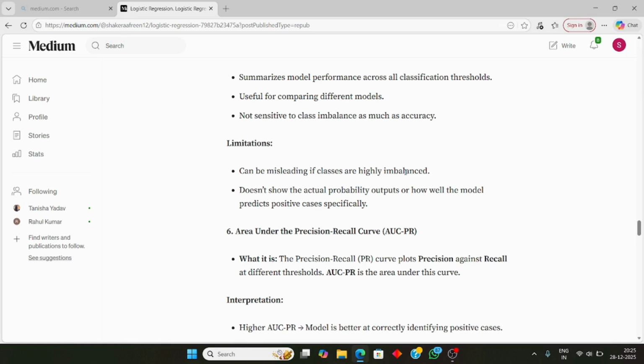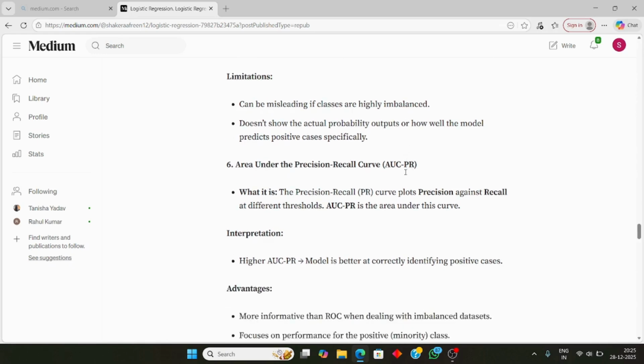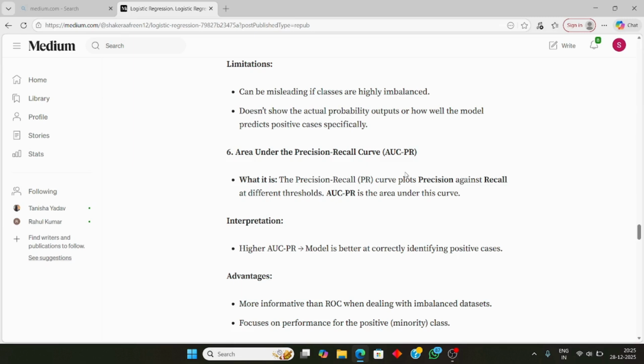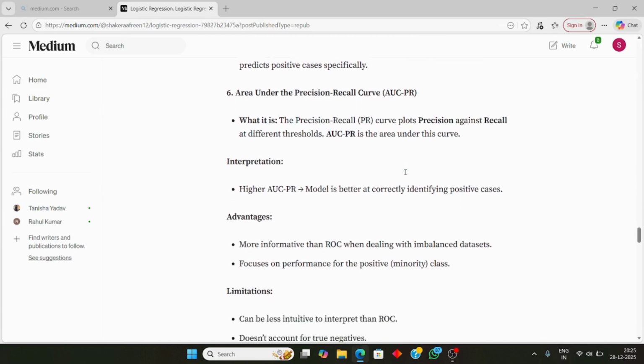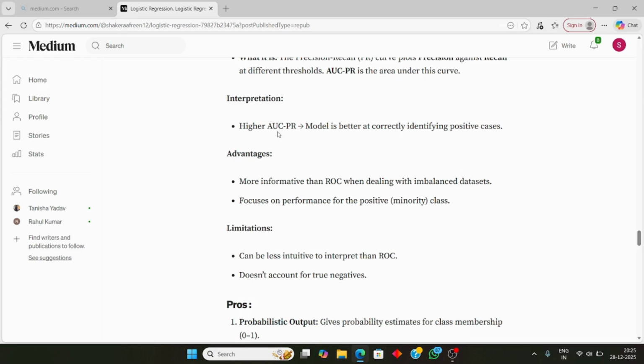And then the next is the area under the precision-recall curve, AUCPR. What does it mean? It is a key metric summarizing a binary classifier's performance, representing the area under the plotted graph. The higher the AUCPR, the better the model is at correctly identifying positive cases. The advantages are that it is more informative than ROC when dealing with imbalanced datasets, and it also focuses on performance for